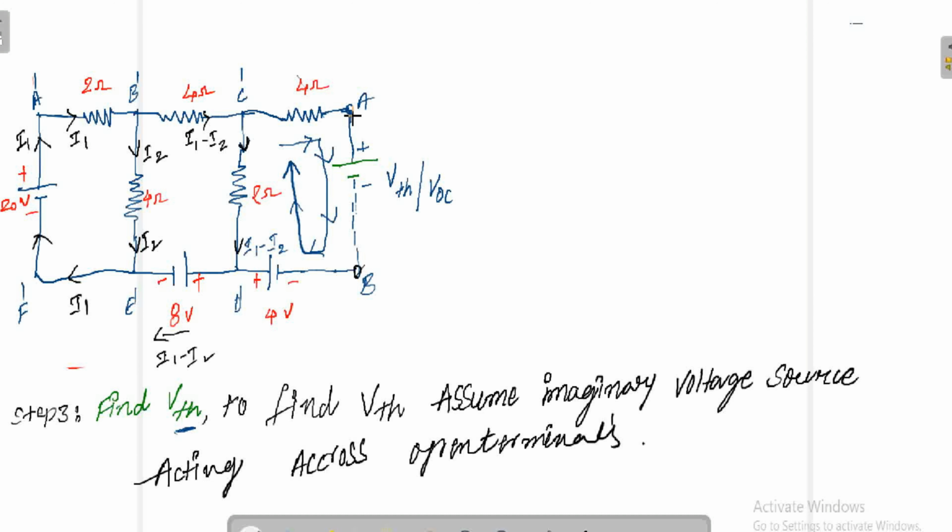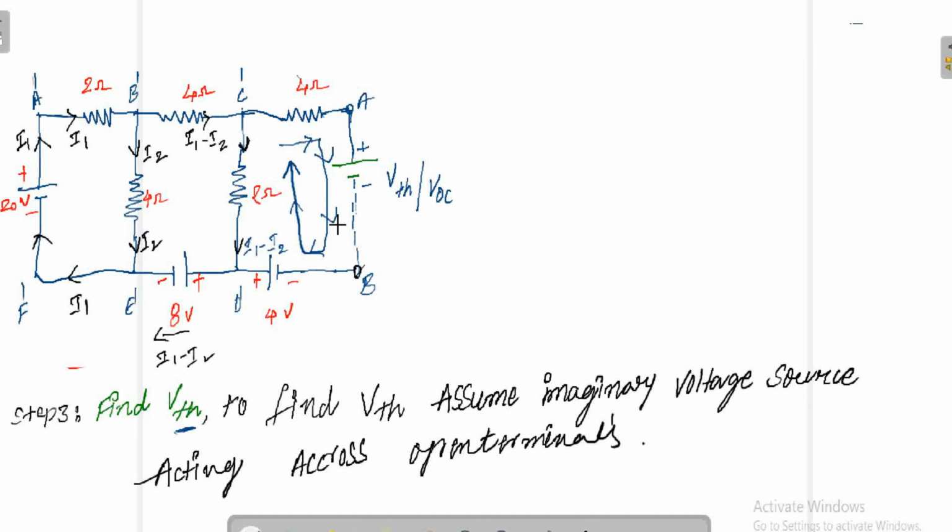Actually, in the previous step 2, this is the open terminal. That's why the current flowing in this 4 ohms is 0. So after connecting this VTH and VOC, don't try to distribute the current at this point. Because it is a closed circuit, some current would flow, so just don't do it. Just follow the previous distribution. In the previous distribution, what is the current in this 4 ohms? 0. So follow the same distribution, and don't do bifurcation of current at this node.